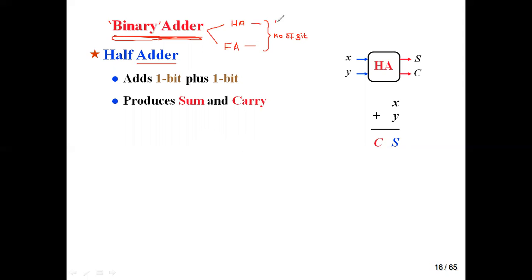If two binary bits are added, that is called a half adder. Full adder means three binary bits are going to be added. Okay, good. Then what is the procedure for this, that is, this addition? In general, an adder adds bits. It adds one bit with another bit.